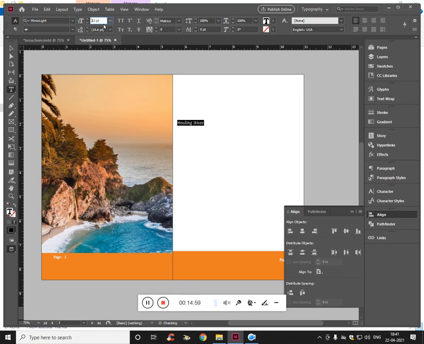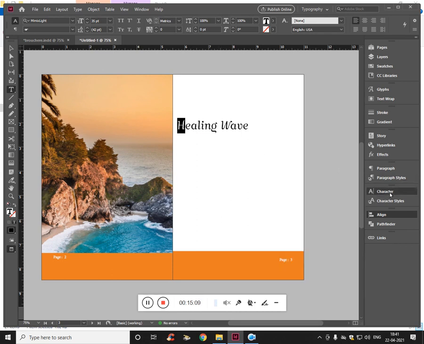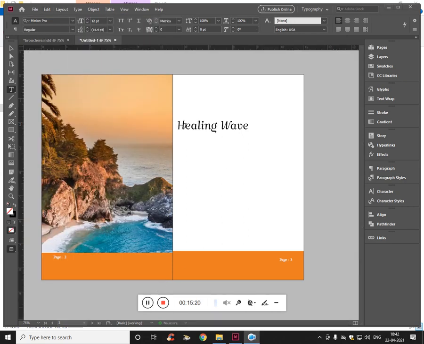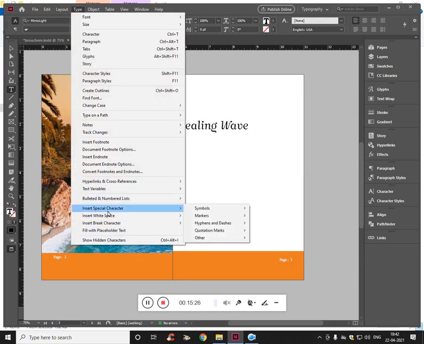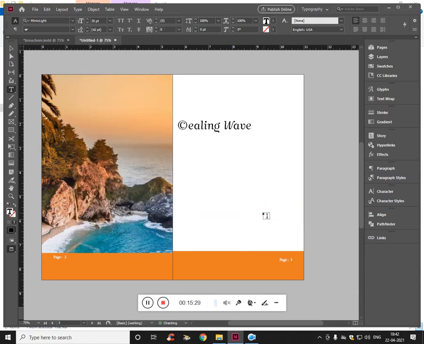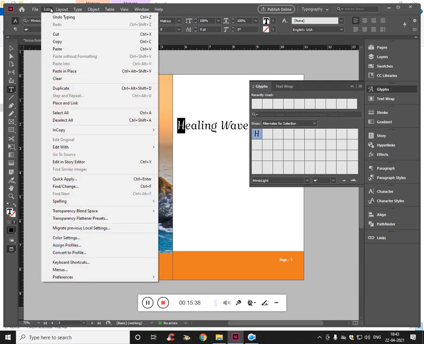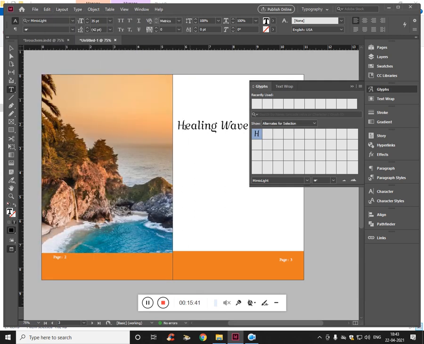For that, I'll get into the character, not character, we have to get into the glyph. We have to find where the glyph is, just like what we did for the page. The same way, get into the type, insert special character, symbol, copyright symbol. Okay, we don't need the copyright symbol, we just need this symbol. Here we have something on the type glyph, just type it, and let's see which font has the best edge. I will use that.